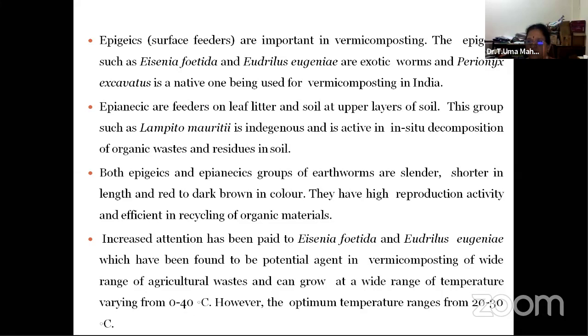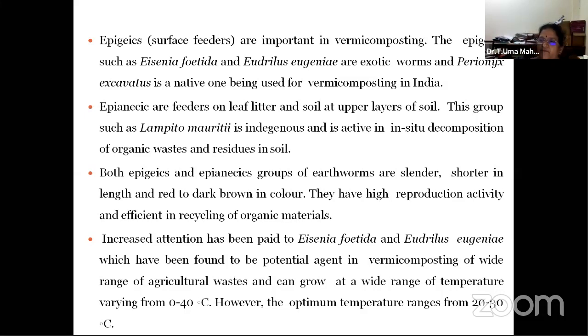But we have some types of earthworms which always go down into the soil, because they have that habit. So they have been classified into epigeic, which move on the surface, and endogeic, which go down into the soil up to 2 feet. Then some are more than 2 feet. So we have surface feeders up to 2 feet and deep burrowing species more than 2 feet.